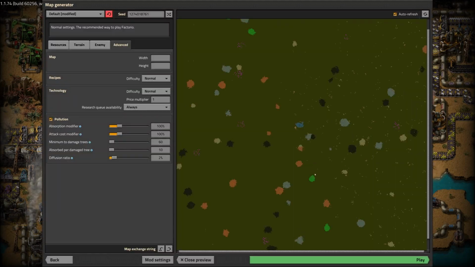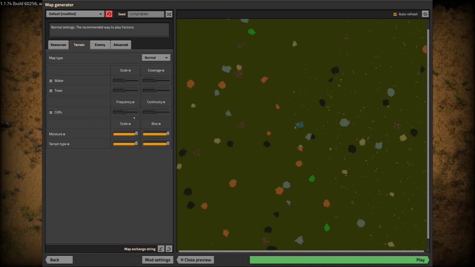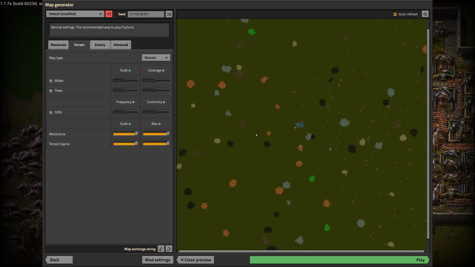And then I'm doing a preview. Again, I've already done this, but I like to get a world that's all green because I think that's a better contrast for doing screenshots. So that's the reason I want an all green world. How did I do that? Oh, under terrain, you have moisture and terrain type. You slide those all the way to the right, and then you may need to generate a couple random seeds to get one that's all green. So I did that, and then